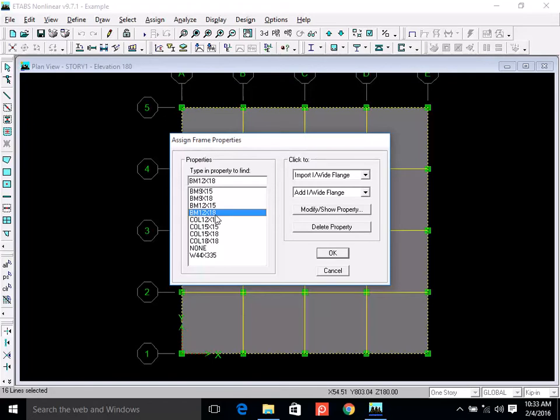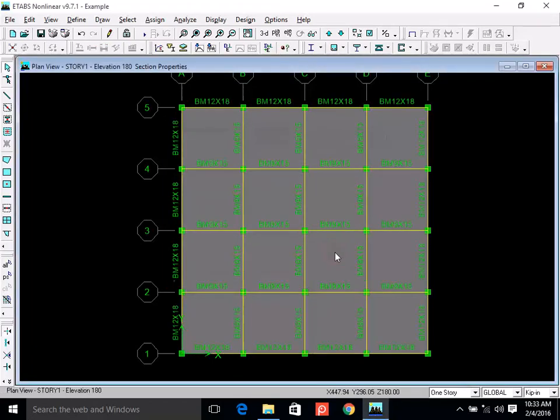Okay. And of course you can choose any size. Okay. Once you do that, you will see it will display the sizes 9, 15 for all the interior and 12, 18 for all the exterior. Okay. If I refresh this,